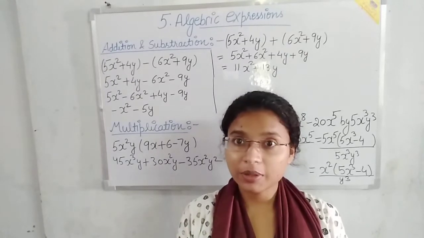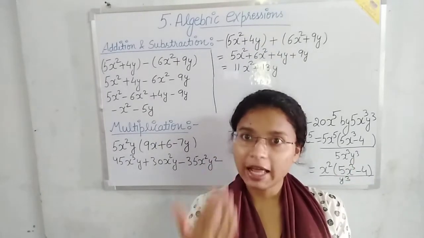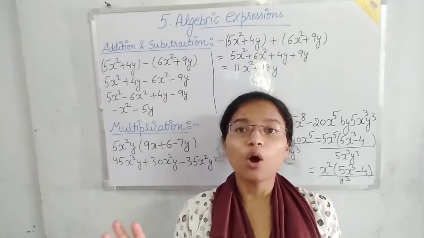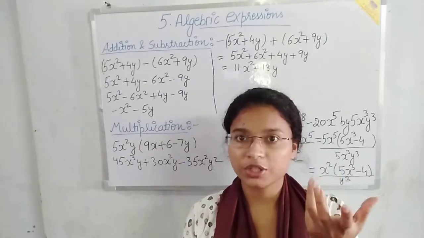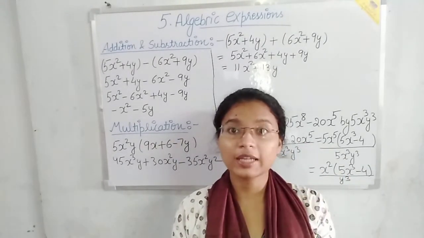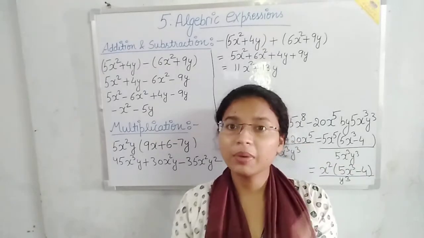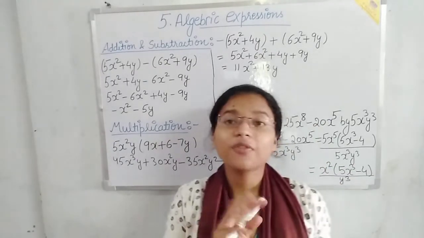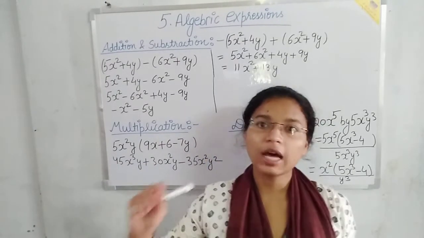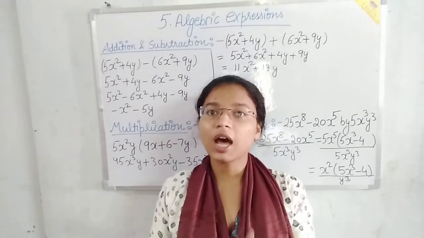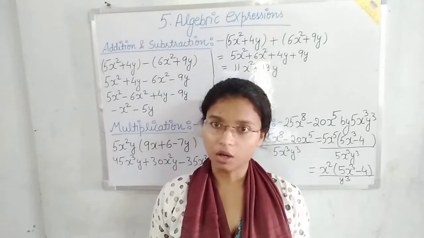Now what is the variables? Variables means all the alphabets, A, B, C, D and so on, they all are the variables, because if you solve one equation, if you are getting a value of x as 4, then if you solve another equation, maybe you will get another value of x. That means their values are not fixed. All the alphabets A to Z, they all are the variables because their values are not fixed, and all the numerical values are the constant.